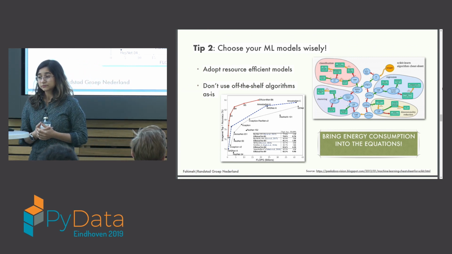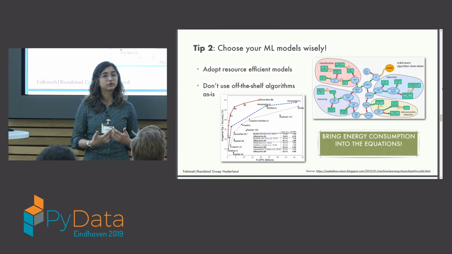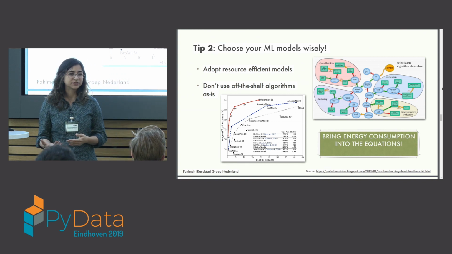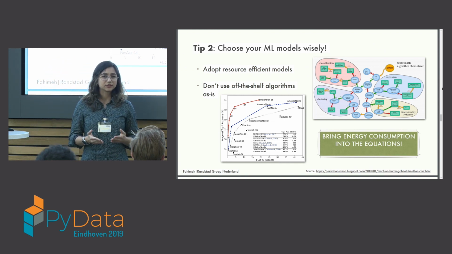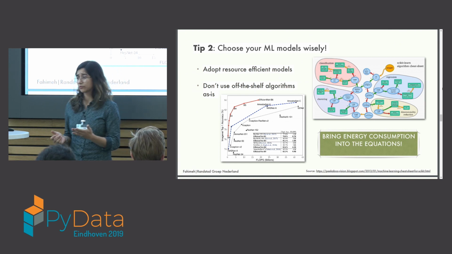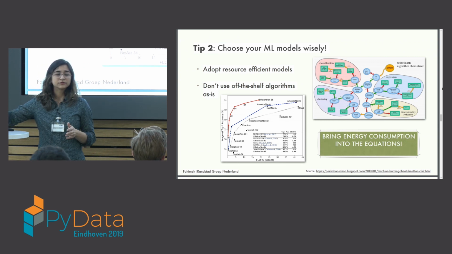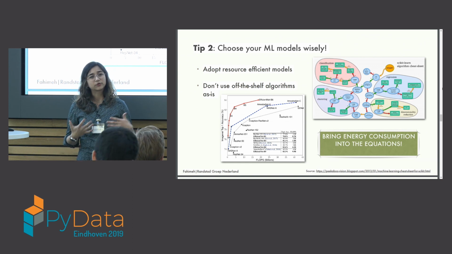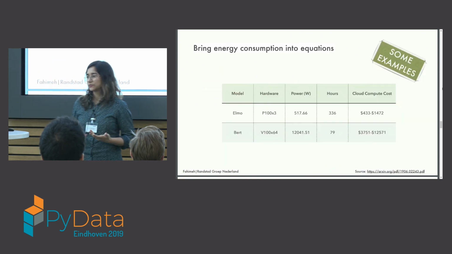There are also some models that are provided for the purpose of being more energy efficient and resource efficient, which at the end translates to more energy efficiency. For example, the neural nets introduced by Google, EfficientNet. They use fewer FLOPs for higher accuracy. When choosing between different algorithms, you could consider that as well. So the whole idea is that you bring energy consumption into the equation.